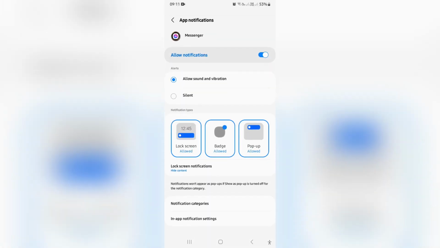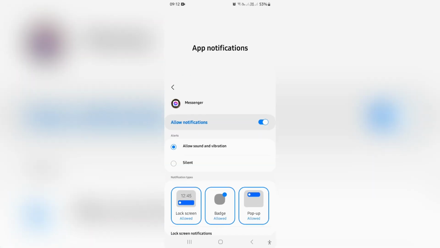Now, under notifications, there are a few things that you need to make sure that are on. So of course, allow notifications at the top, that must be toggled on. And then alerts, you want it to say allow sound and vibration. And then the notification types, you want to make sure that the lock screen, badge, and pop-up is all allowed, and it's got a highlight around it. The color may differ. So then once you have done all this, your activated chat heads in Messenger will be up